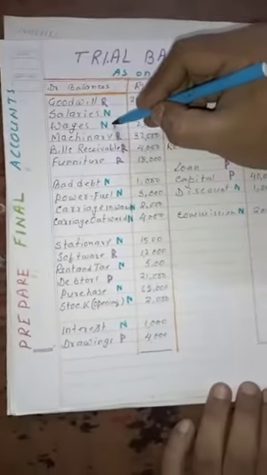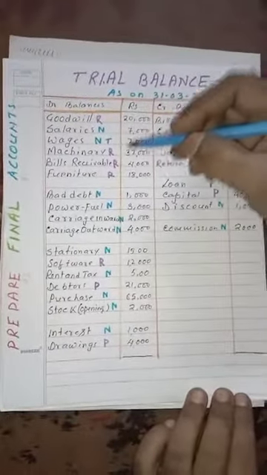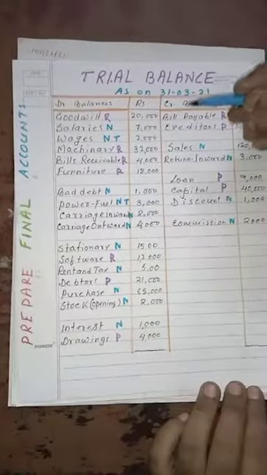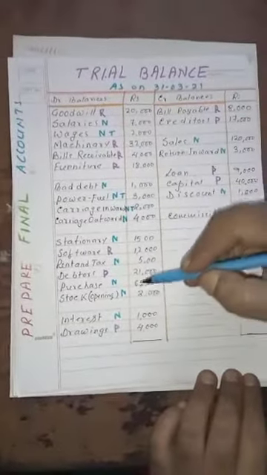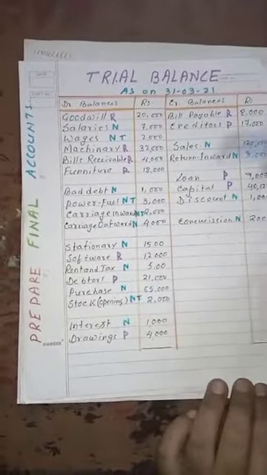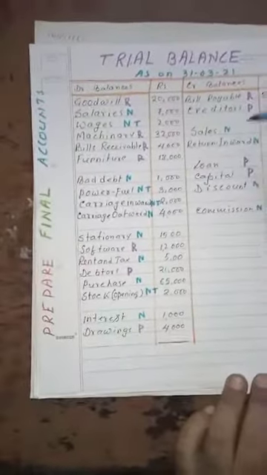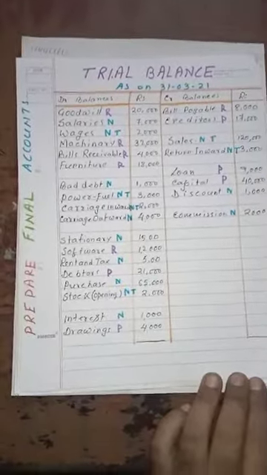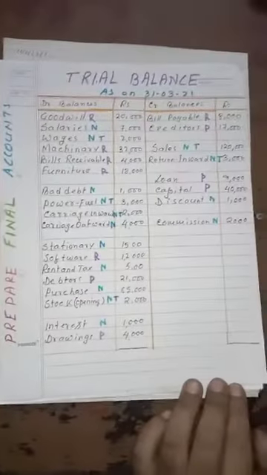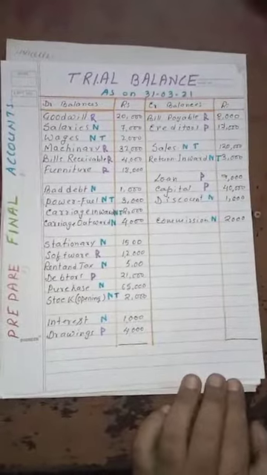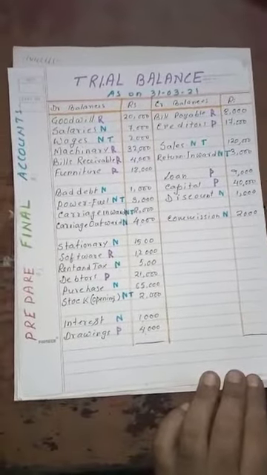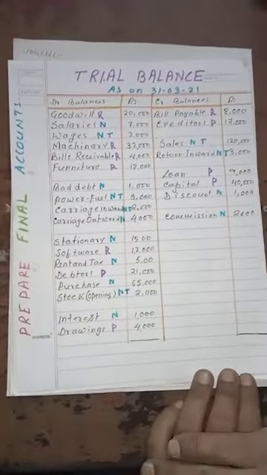Wages is given in factory. Power and fuel used for factory. Carriage inward, this is a purchase expense. Stock is related to goods. On the other hand, sales related to goods. Return related to goods. I have told you, purchase, sales, stock, return, they will go to the trading account. Purchase expense will go to the trading account, and factory expense or manufacturing expense will go to the trading account.